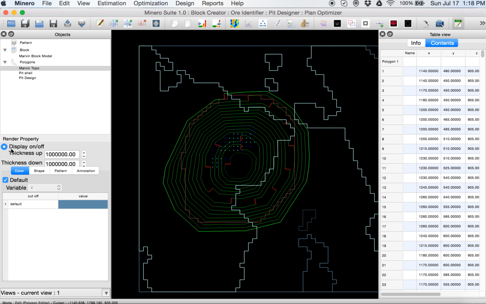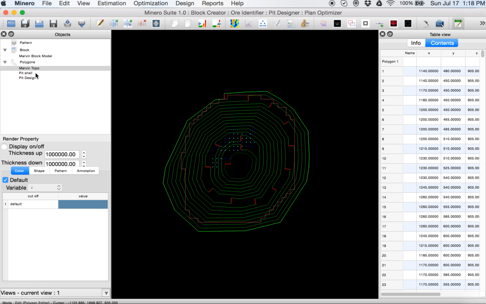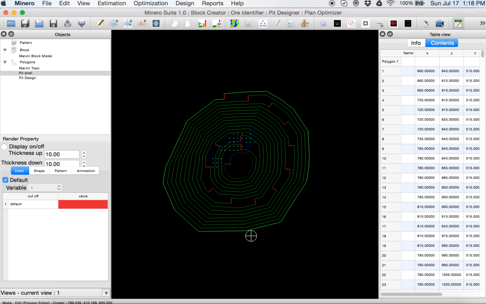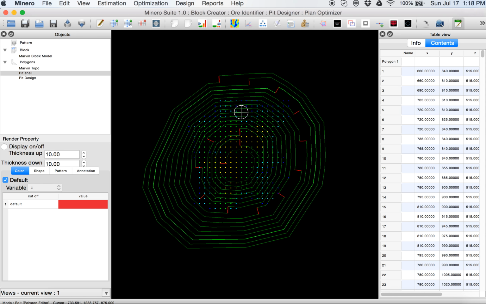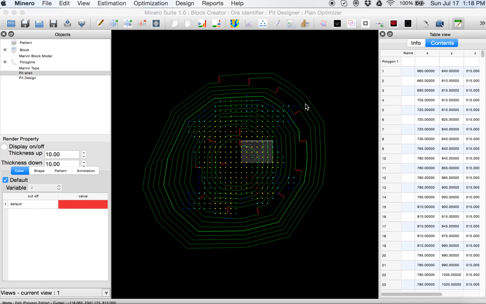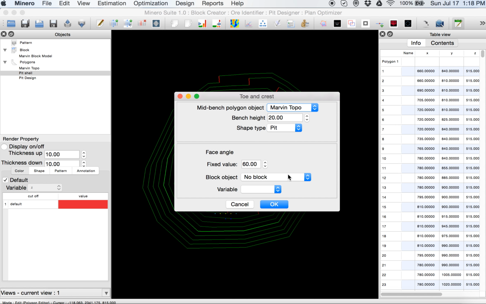For the purpose of the exercise also, I would like to just see the design. In fact, I can create a toe crest of this design, right? Something important to move from middle benches to toe and crest. And like I said, we can use the block model, or we can just use a fixed value.